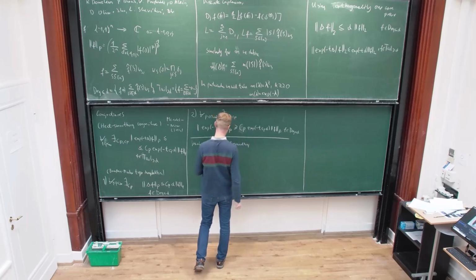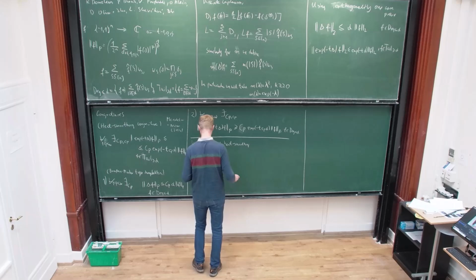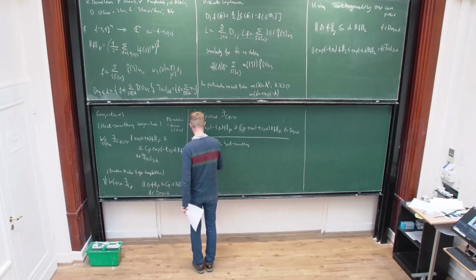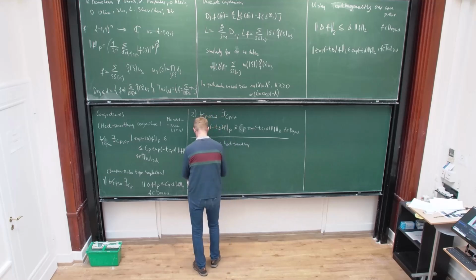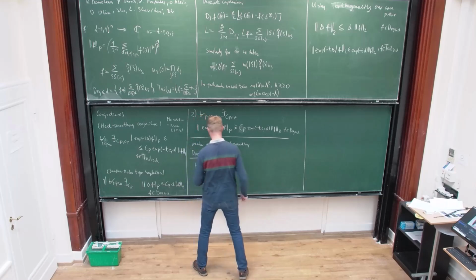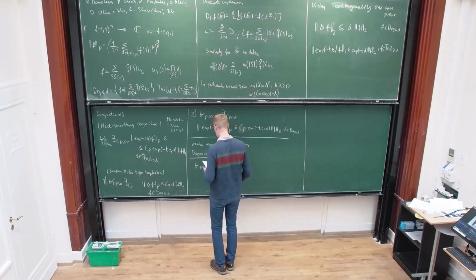So what can one prove? One can prove the following. For every p, let's call it a proposition, although it's very easy. For every p between 1 and infinity, there are constants